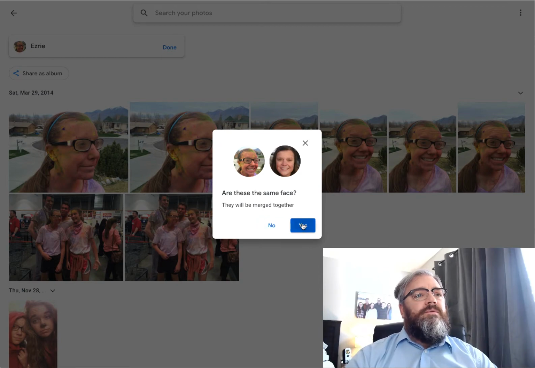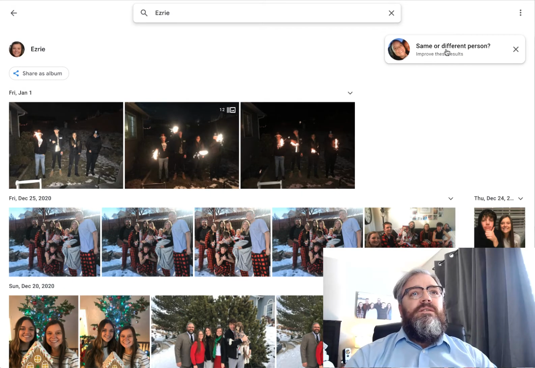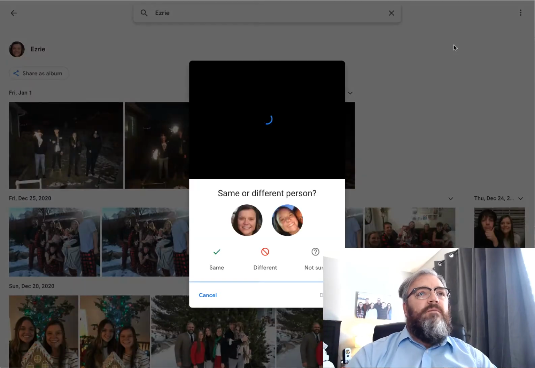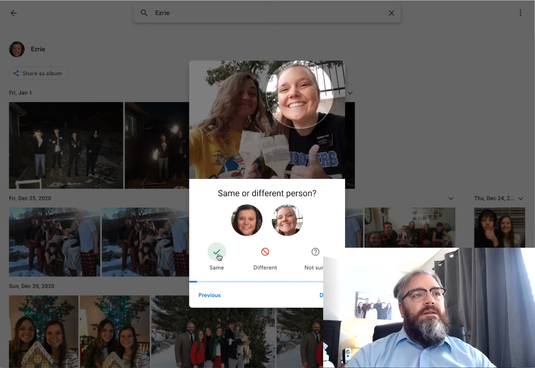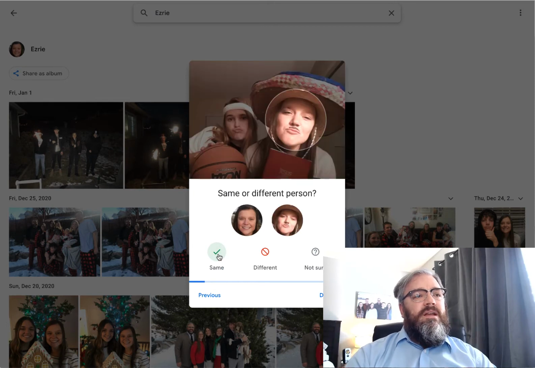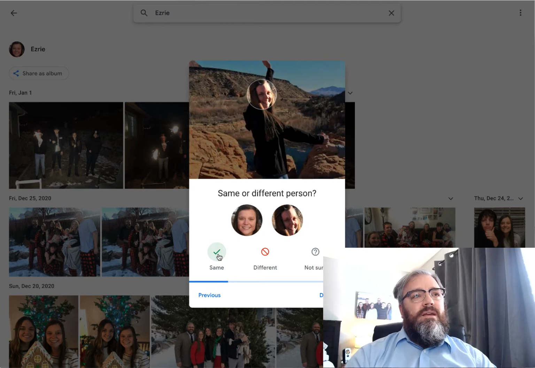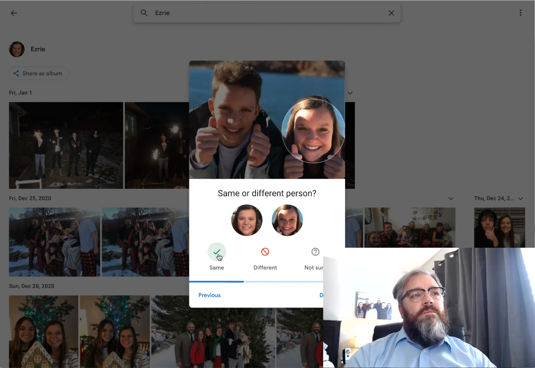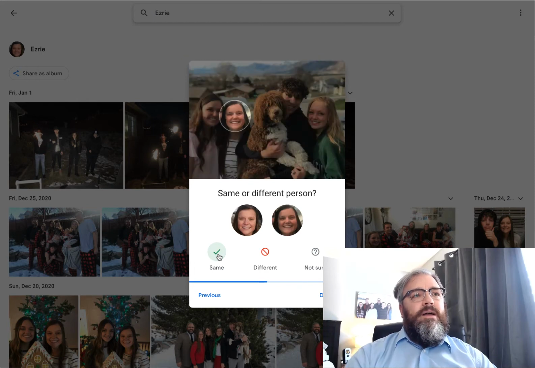And are these the same person? Yes. And sometimes you'll get this little pop-up here, same or different person, to improve your results. And it will actually show you that person in context of the bigger picture. Okay, so this is her on her mission with her companion. Yes, this is her again on her mission. And so by going and just confirming that these are pictures of her, it helps the algorithm to better detect